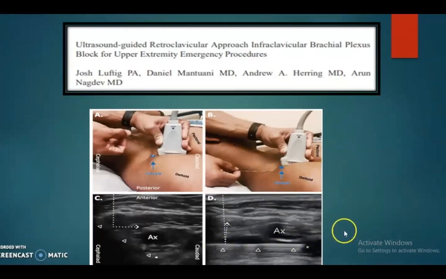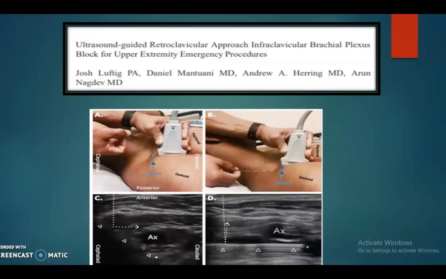So what they are saying is, in the lateral infraclavicular block, since the needle is injected at a very steep trajectory, the visibility of the needle is very poor. Whereas if we go parallel to the ultrasound probe by approaching it from behind the clavicle, then since the ultrasound rays are reflected off at 90 degrees, the needle visibility is excellent, and a lower volume of drug can also be given. The only challenge with this is the blind zone, where we traverse behind the clavicle for about 3 centimeters.